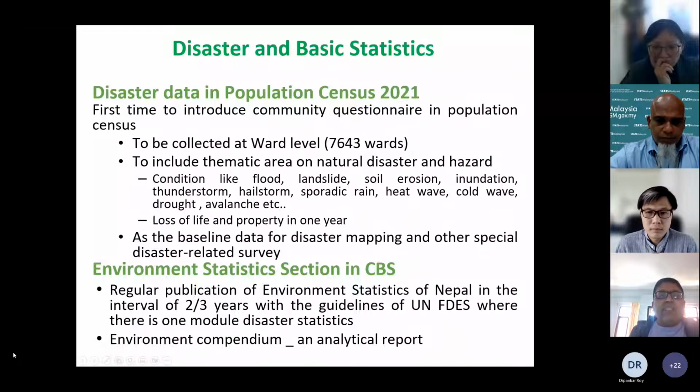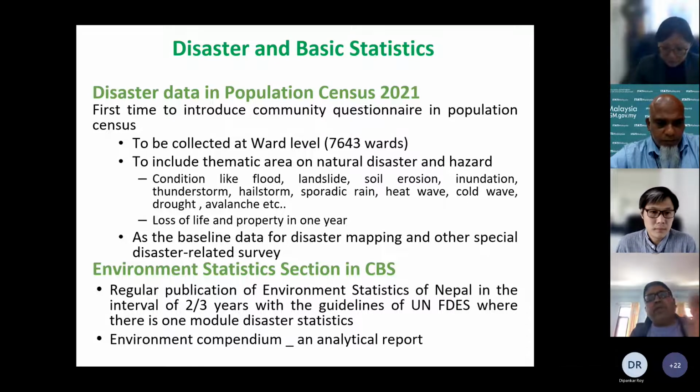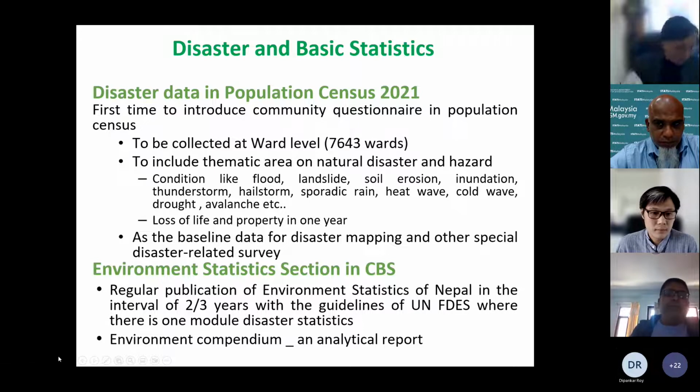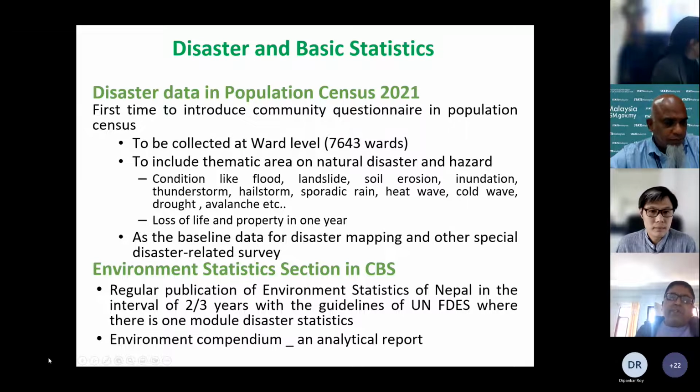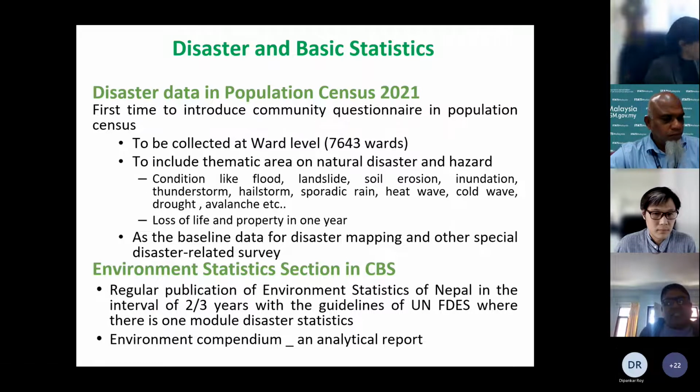So how much loss of life and property in 1 year? In 1 year, how much loss is there in life and in property? These kinds of data we have already collected from our community questionnaire, and this data may also help to fulfill this table. Similarly, what the environment section of CBS is doing is that we regularly publish the environment statistics,